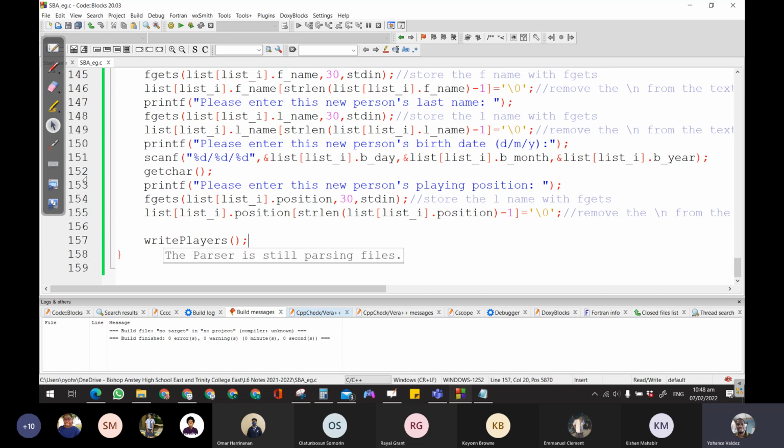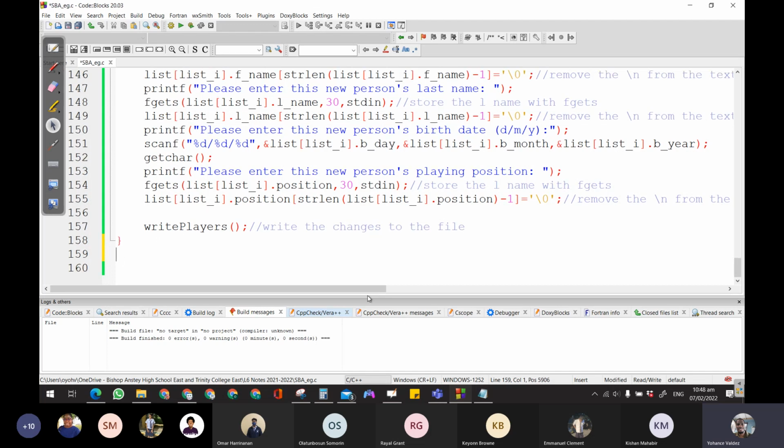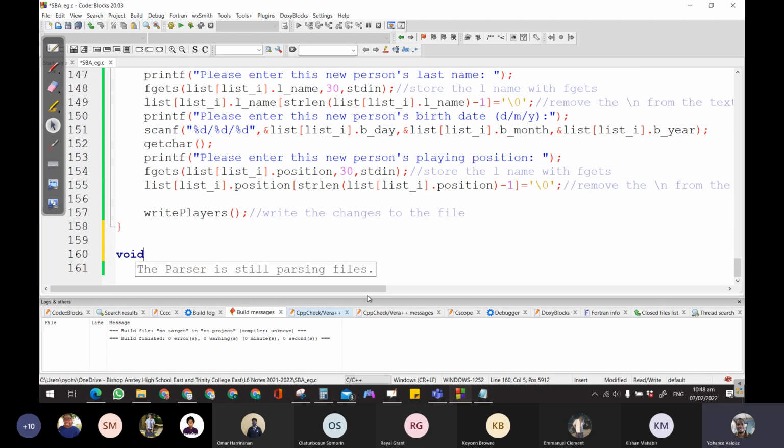What does the write players function do? It will write the changes to the file. So we're going to write the changes to the file. So now we have to have a void write players